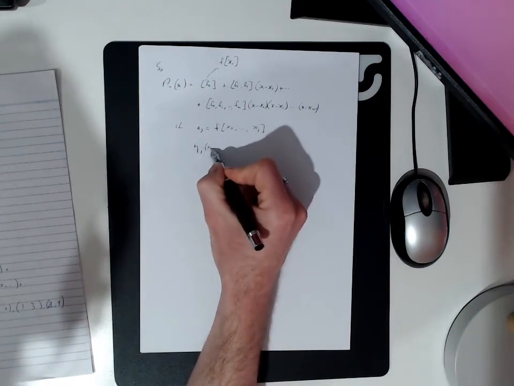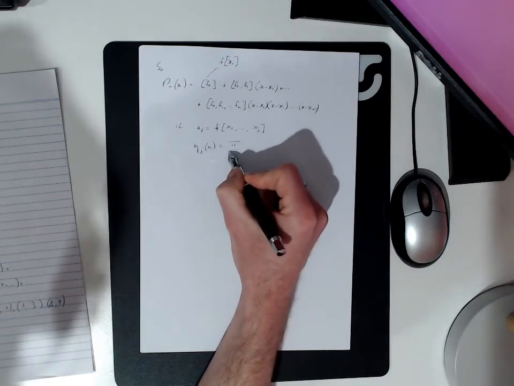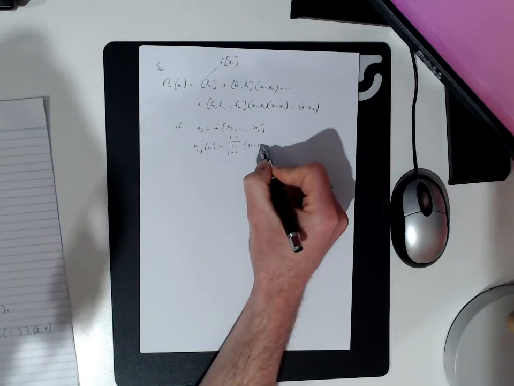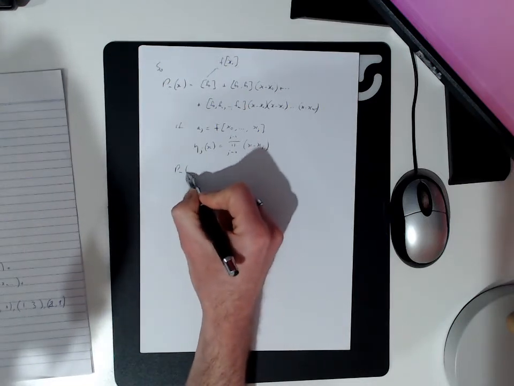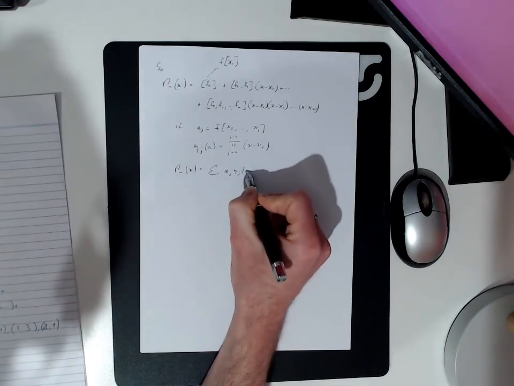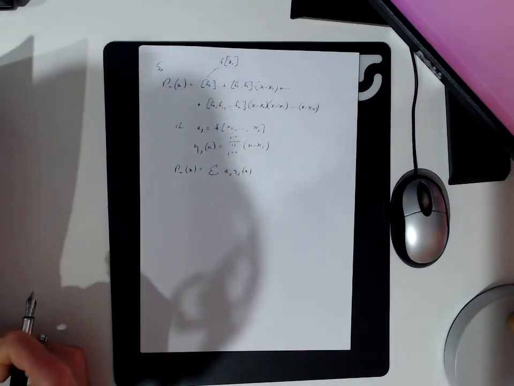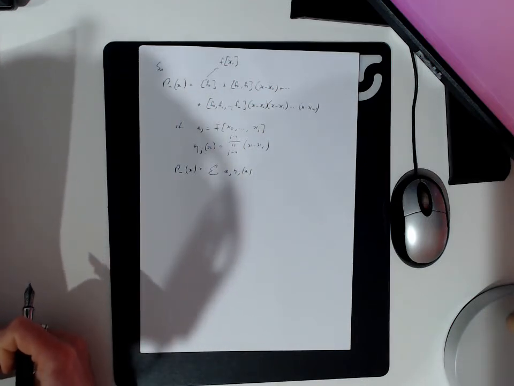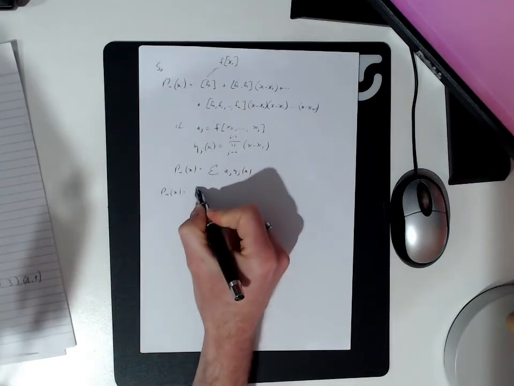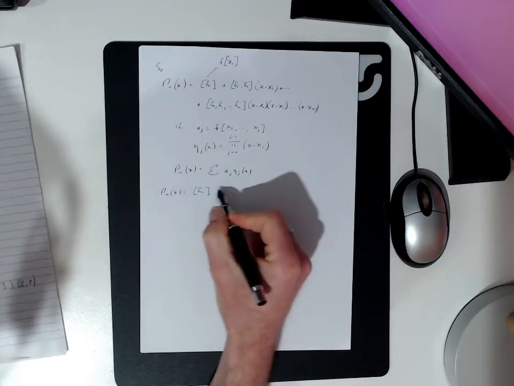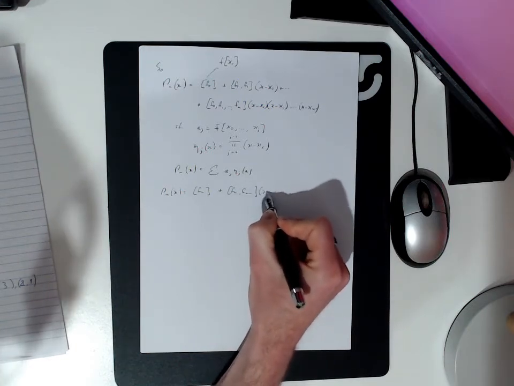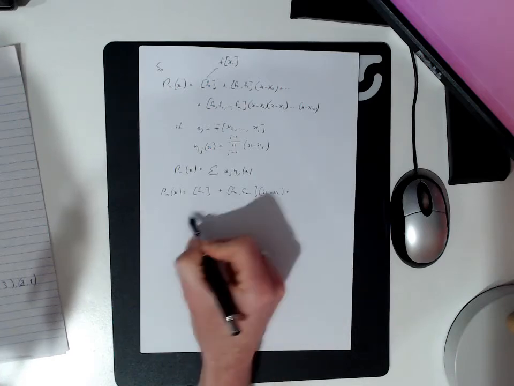And if I let my eta_j's equal the product, then I say that P_n(x) is equal to the sum of a_j eta_j(x). And as we showed, P_n(x) can also be written as the finite difference of f_{n-1} x_{n-1} plus